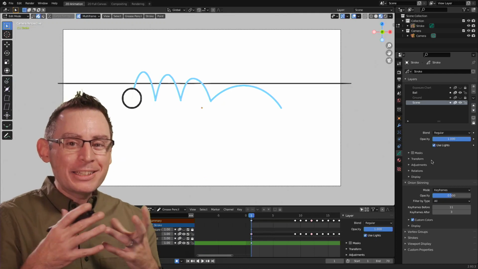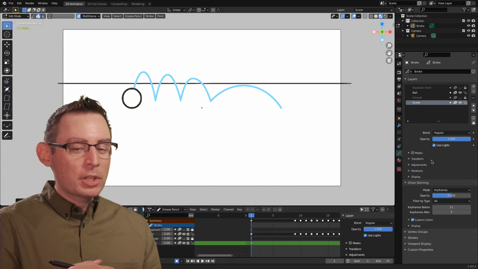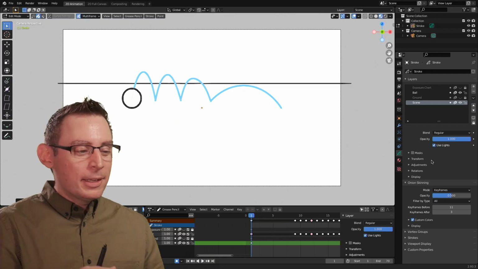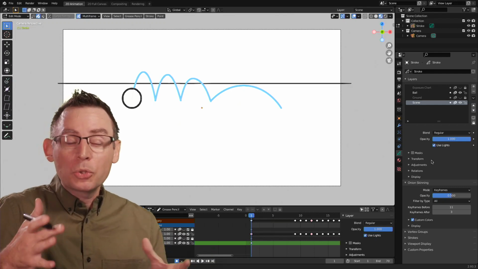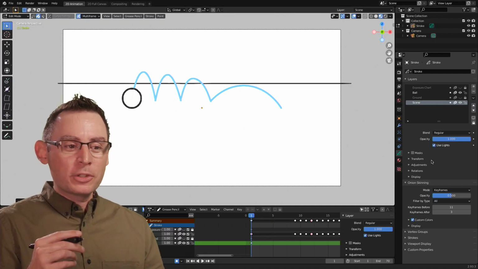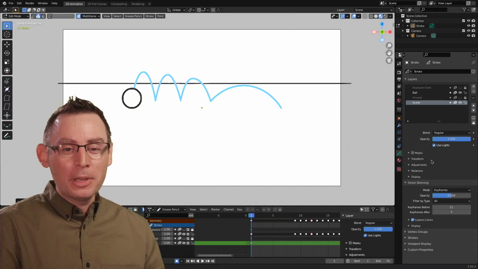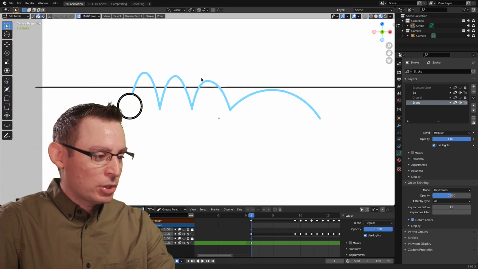Now, the Blender guides, if you will, are really designed to give us some blockout shapes to help us establish some planes and some lines almost programmatically. So it's not designed to be a free-form drawing tool, although you certainly could. It's really designed for us to use a series of parameters to influence the angle and placement of some very specific drawing strokes inside of our animation. So let's go ahead and turn it on.